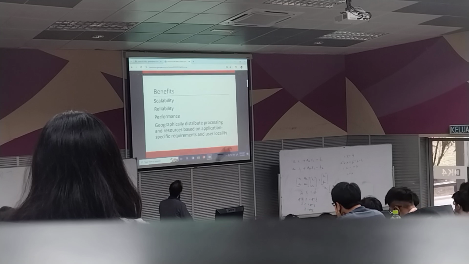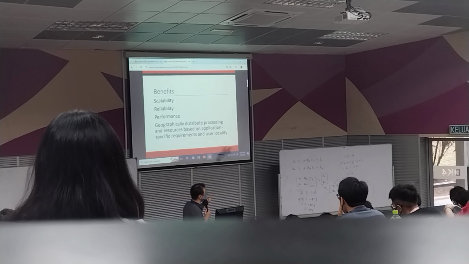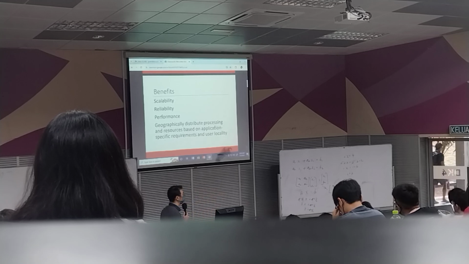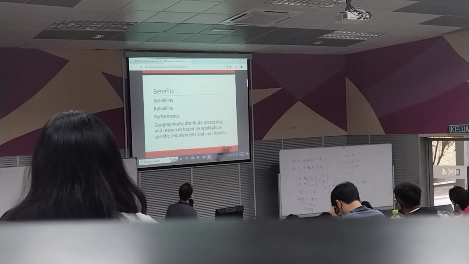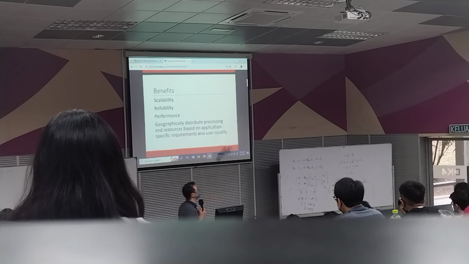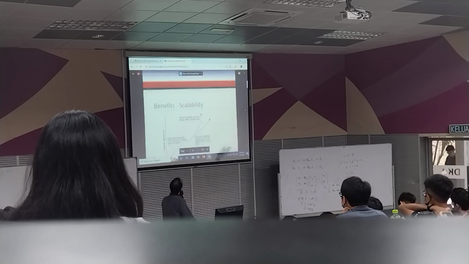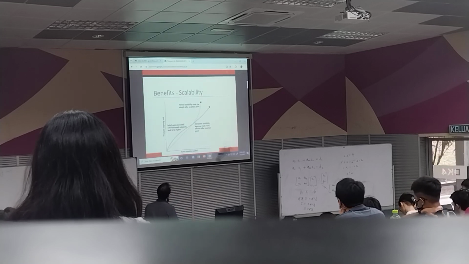You can geographically distribute your resources or your servers into different localities so that you can access faster as well. Let's say, for example, I'm in Malaysia. If I access the Microsoft server, it doesn't necessarily mean that when I type in Microsoft.com, I'll be accessing the server in America. Not necessarily, because of load balancing. When it knows that my location is Malaysia, it will direct me to the server in Malaysia. Of course, that server is owned by Microsoft as well. So the benefit of scalability